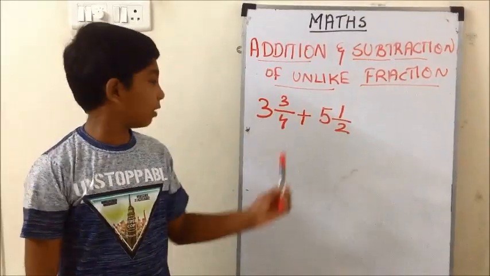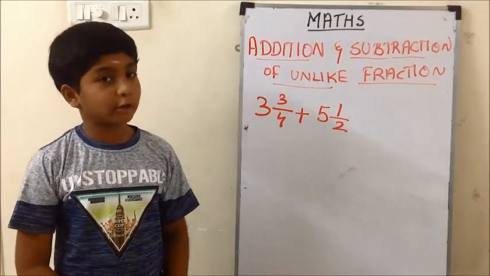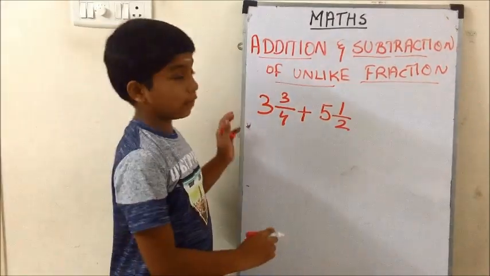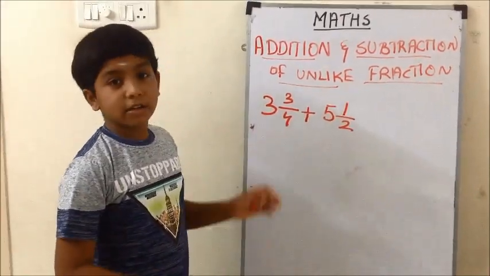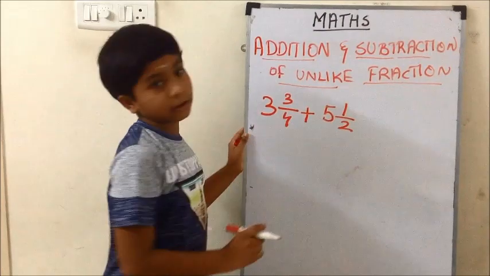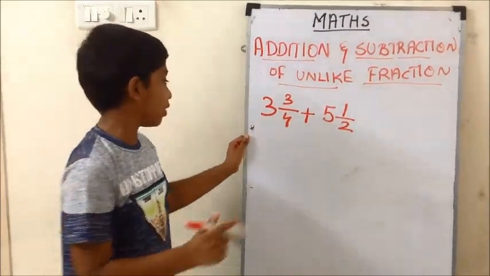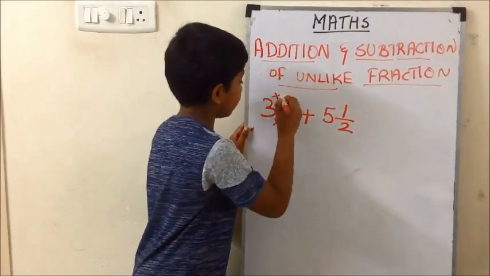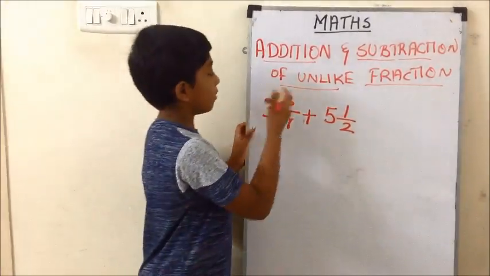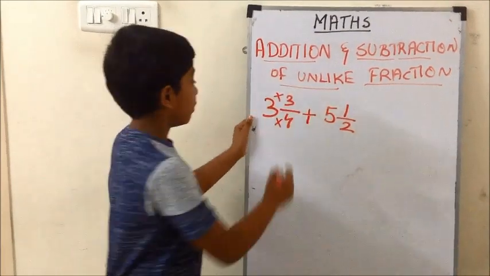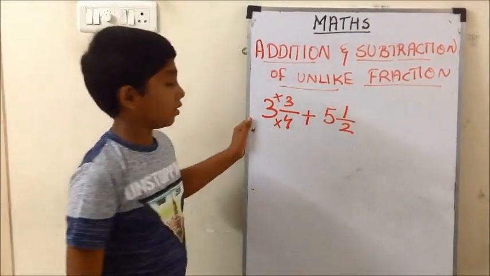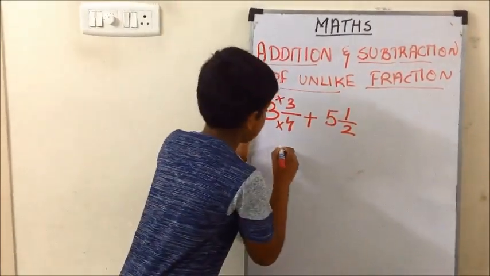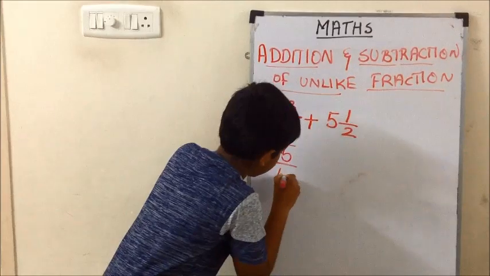Now we have taken another example to understand it more clearly. That is a mixed fraction. Step 1 is we need to convert the mixed fraction into improper fraction. To convert into improper fraction, what is the formula? We need to multiply these two numbers and we will get one total answer. From that we need to add the numerator. 4 into 3 is equal to 12. 12 plus 5 is equal to 15. So this is 15 by 4.